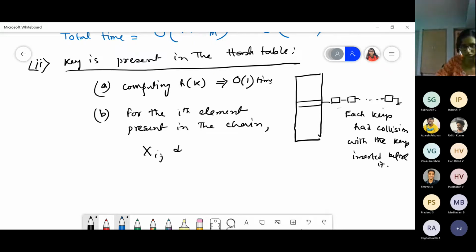This is an indicator variable. So again we are using this indicator variable. This will take the count of the collisions that have happened for this ith element.